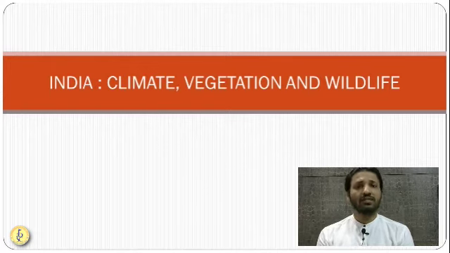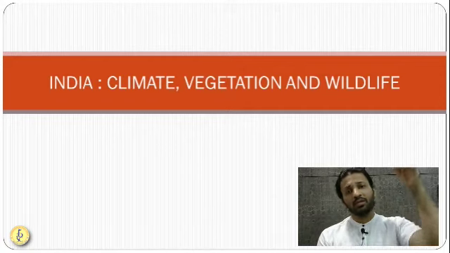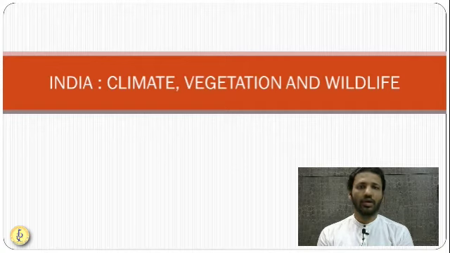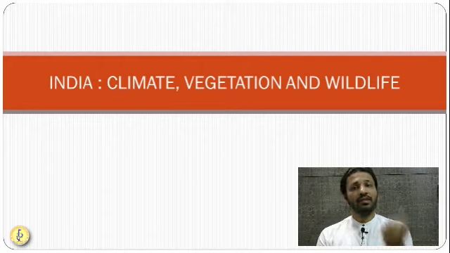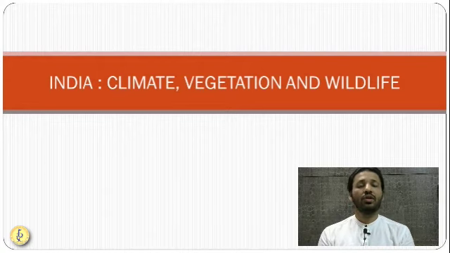If somewhere desert condition is there, you will see reptiles are more dominant because reptiles can go under the soil or hide under the earth. So you'll have more population of scorpions, sand lizards, snakes. Animals will also have a habit of digging under the earth or living in caves, like desert foxes. Okay, so in this way, climate and vegetation will impact the type of wildlife which is present over there.